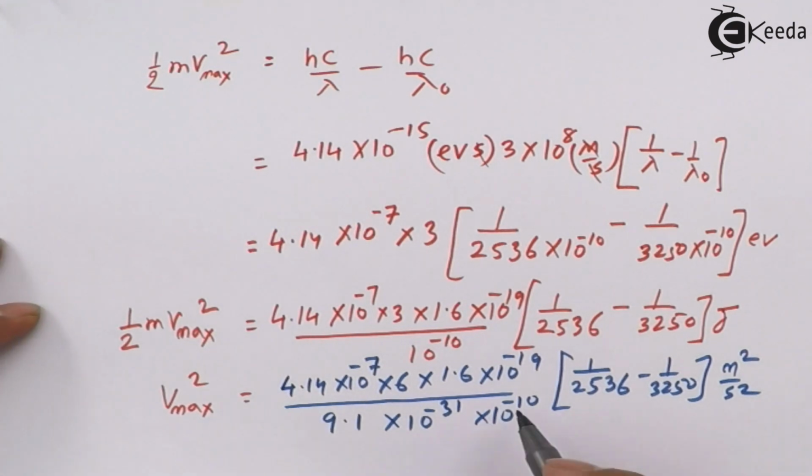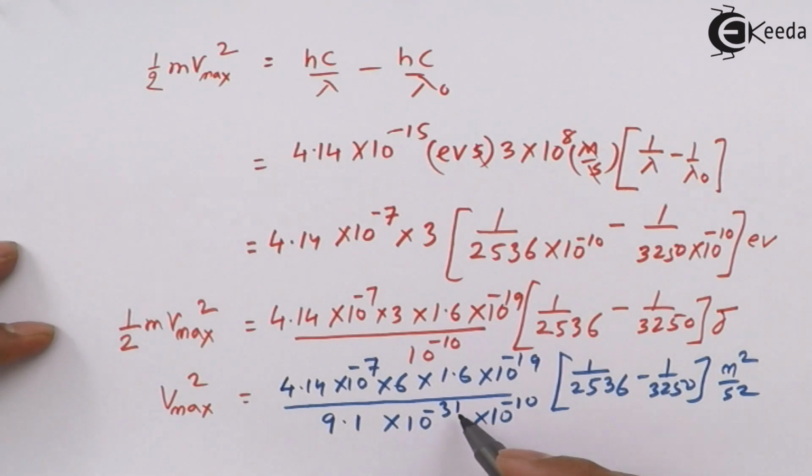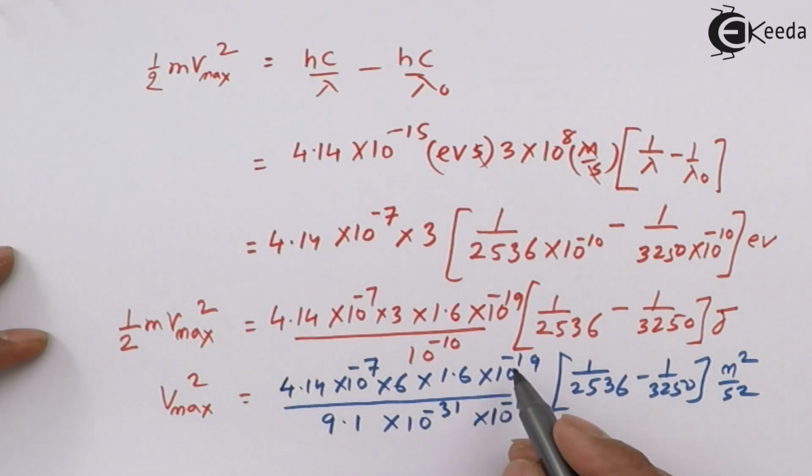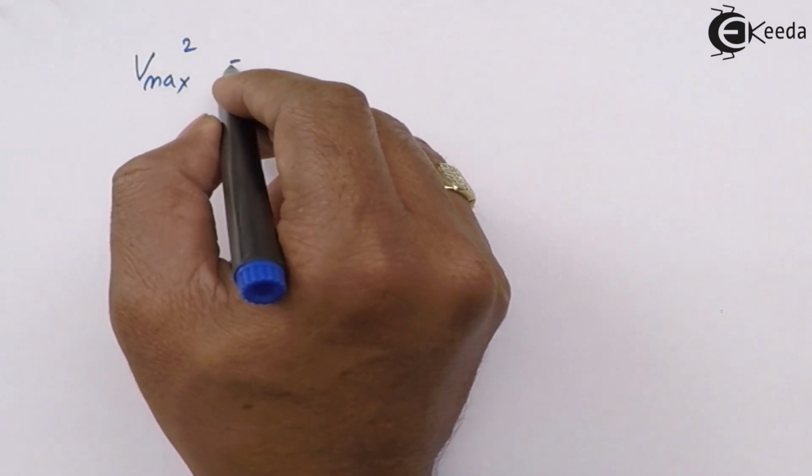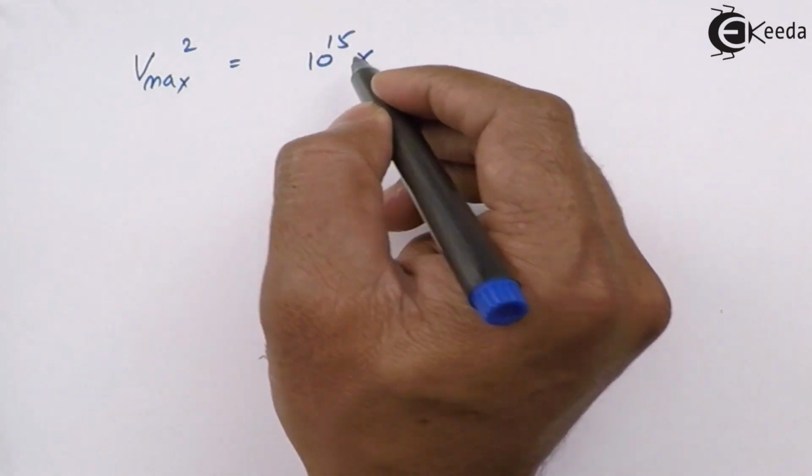So minus 31 plus 41 gives 10, 25 is there, so 10 to the power 15 overall. So this will cancel, and it will become 10 to the 15. So V max square is 10 to the power 15, I write first, into